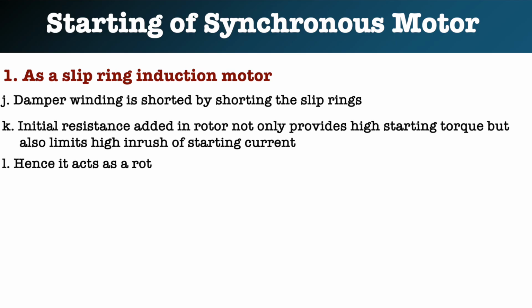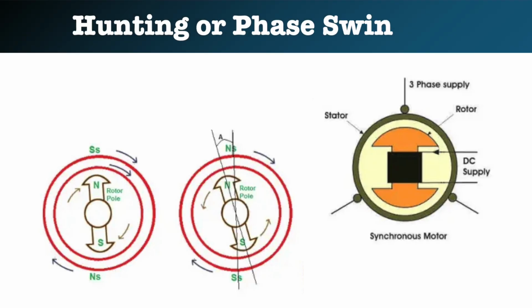Hence, it acts as a rotor resistance starter. After discussing the starting methods of the synchronous motor, let us see a very important phenomenon which is known as hunting or phase swinging. During the steady state operation of the synchronous motor, a condition of equilibrium is established in